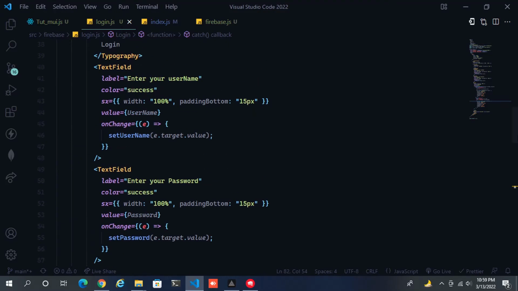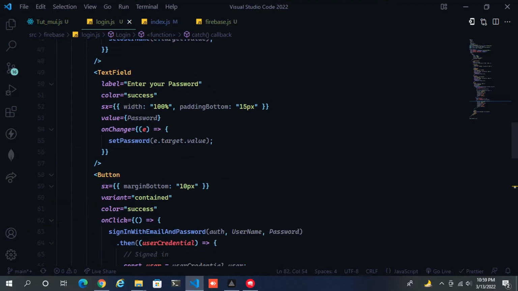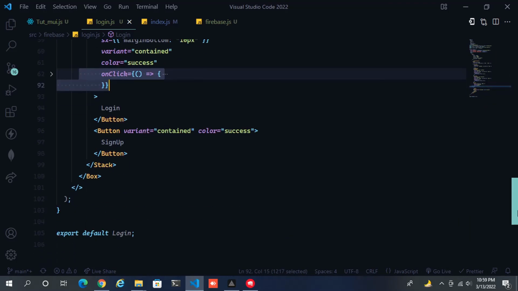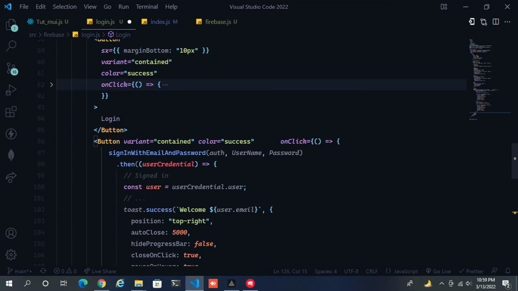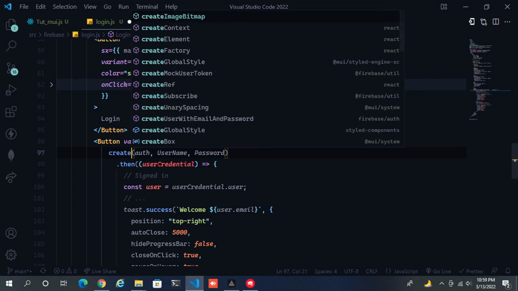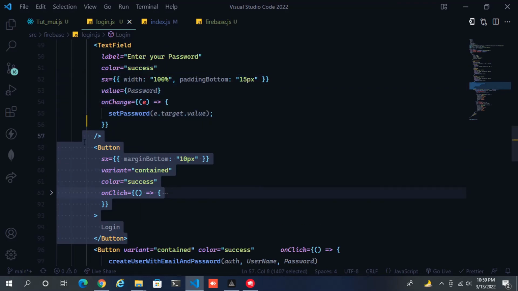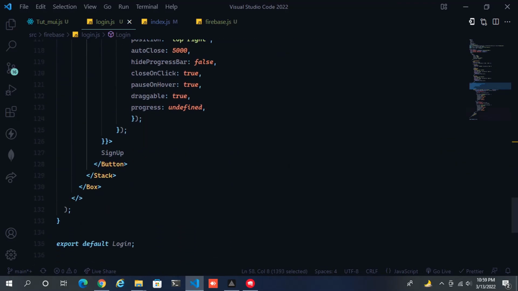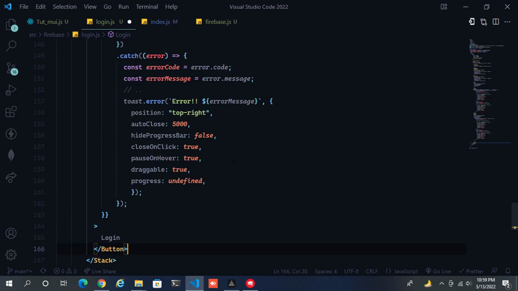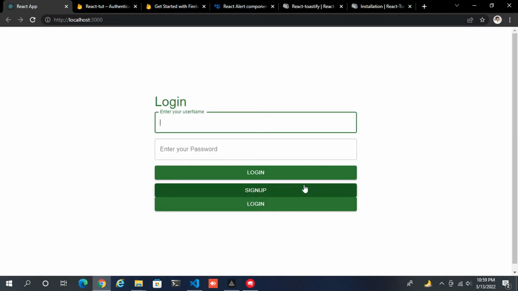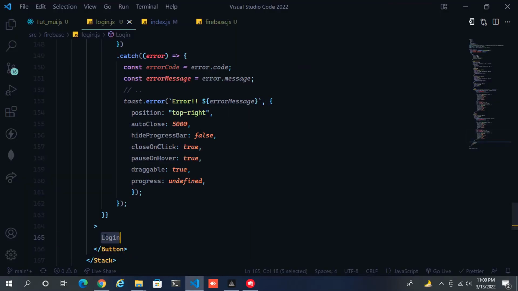And the final step is to copy the same onClick code and paste it into the sign up. But there's a big change here. Instead of signing in with email and password, we need to type create user with email and password, and we're done with that. And we also need a button here, so let me copy this one and paste it right there. Yeah. And this would be for logout,